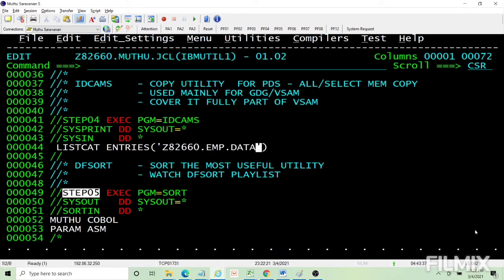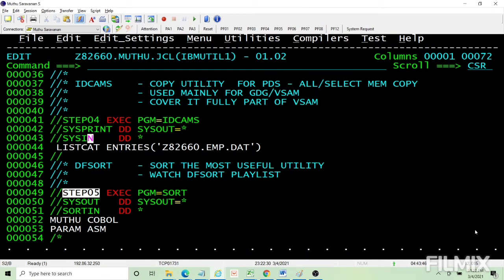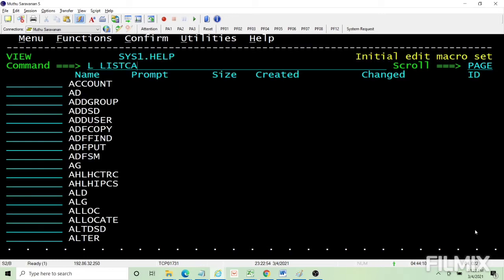Now, if we do it for a data set which does not exist, the data set does not exist, so it will give you a return code of 4. So you can use the LISTCAT function of IDCAMS to know whether the data set exists or not. You can use the PRINT count function to know whether a data set is empty or not. Okay, so be aware of these two. In fact, ideally speaking, this LISTCAT command is part of a TSO command, so we can do it in ISPF also. You see here, you can do LISTCAT commands here.